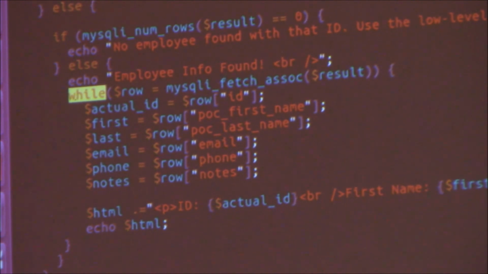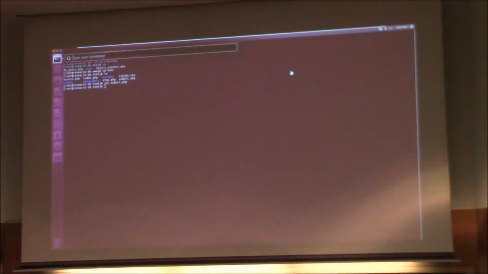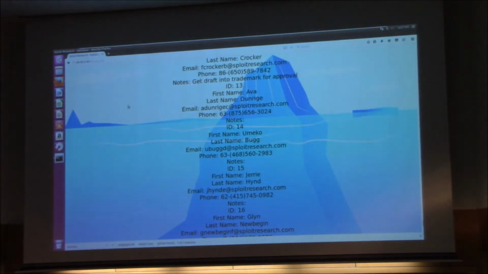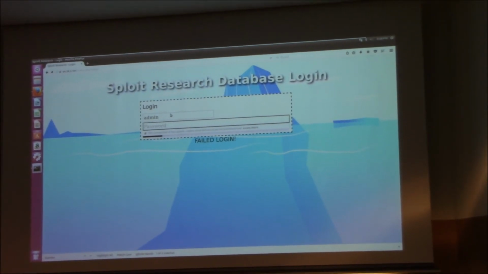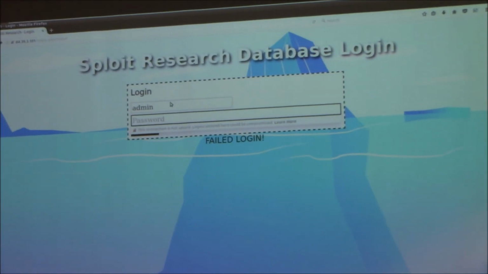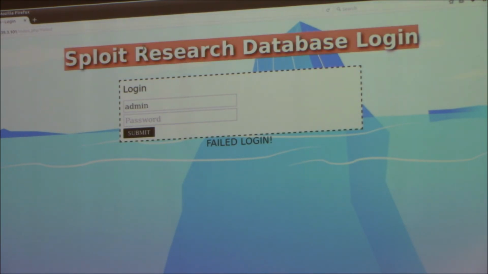And the final step of this box, the final goal is to get the password for the admin account on here, so the admin login. And the way you do that is you're basically going to be unioning a select command that can get you into the user's table, and then you can extract the password that way. This was poorly written in that the passwords were not hashed, so it's all plain text, and then you'd submit